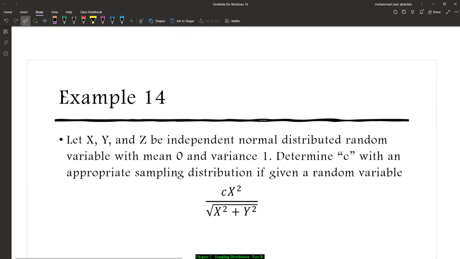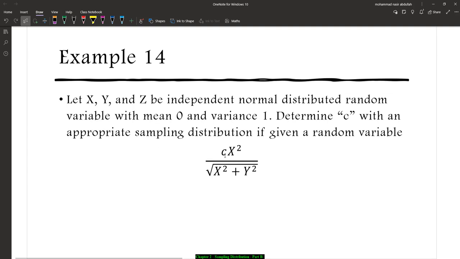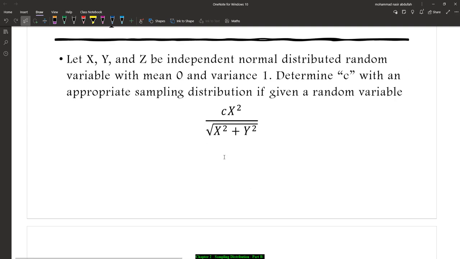So now example number 14. Let X, Y, Z be independent normally distributed random variables with mean equal to 0 and variance equal to 1. Determine C with an appropriate sampling distribution given. The random variable is C times X squared divided by the square root of X squared plus Y squared. So we know that from here we have